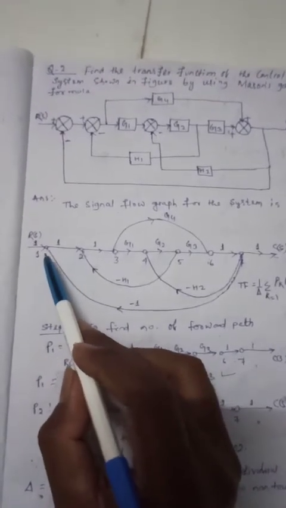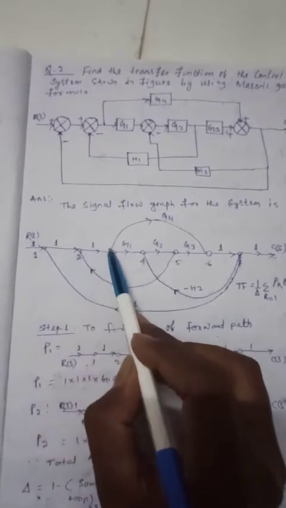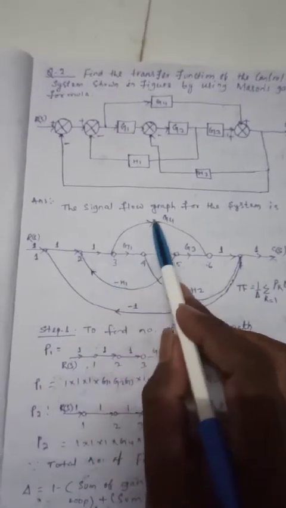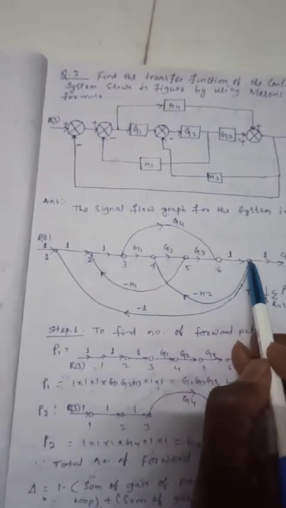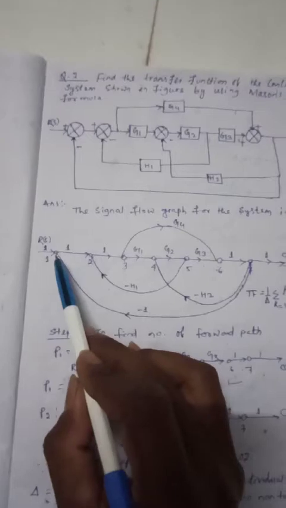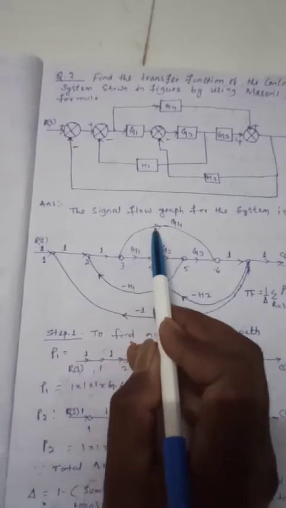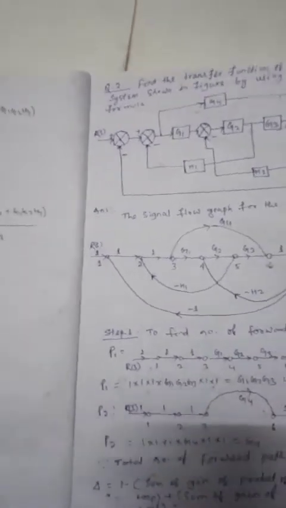So if we take the signal going out from node 1 to 2, 2 to 3, 3 to 6, 6 to 7, and 7 coming back with negative feedback of -1 and ending at node number 1, this is also one closed loop. So we have to find the individual loop gain. Clear?